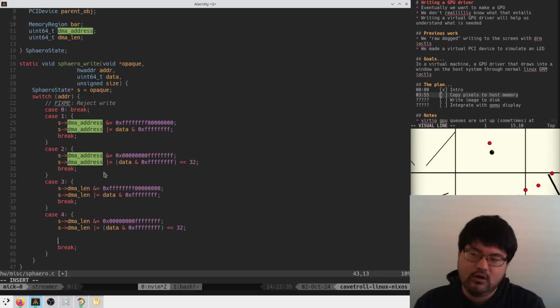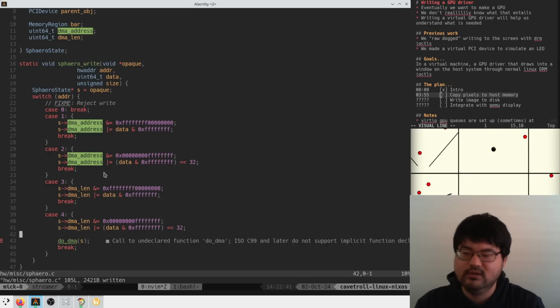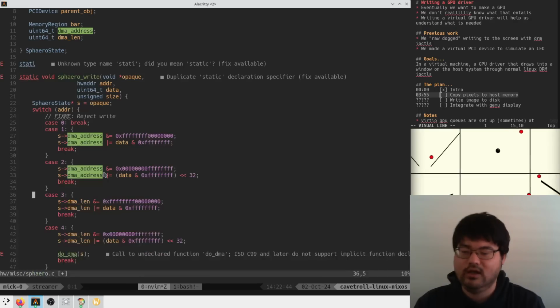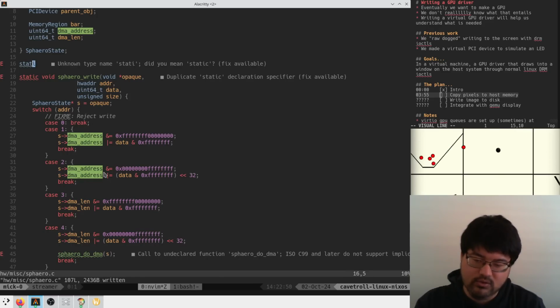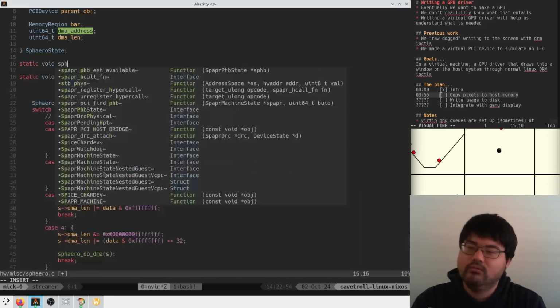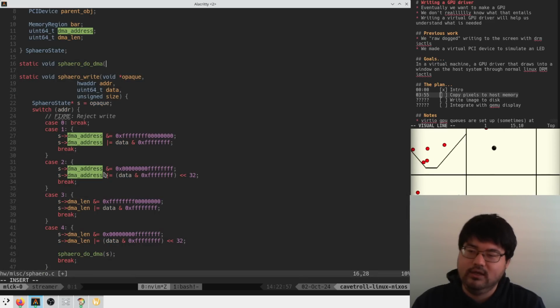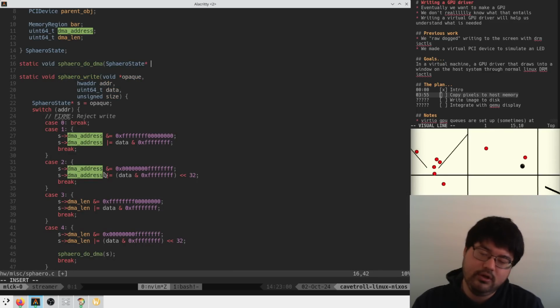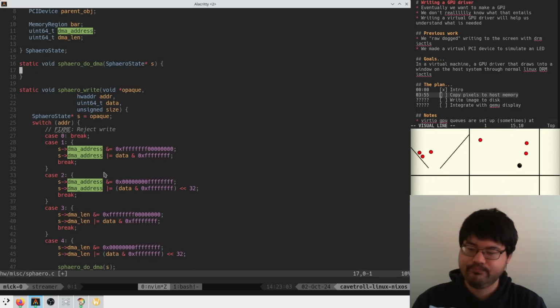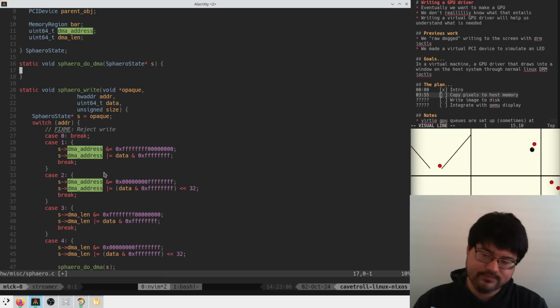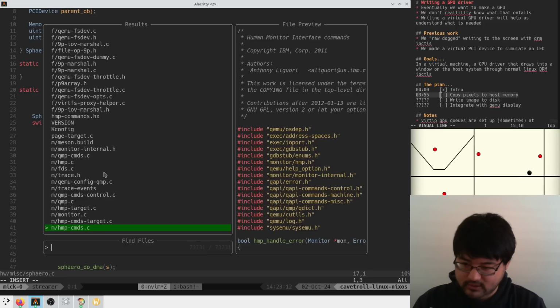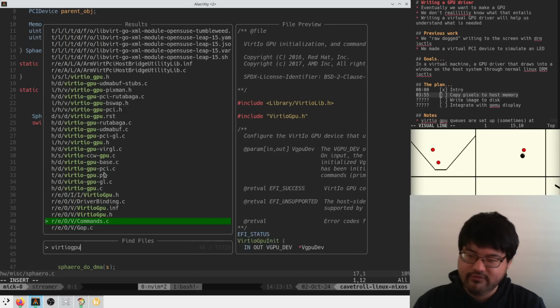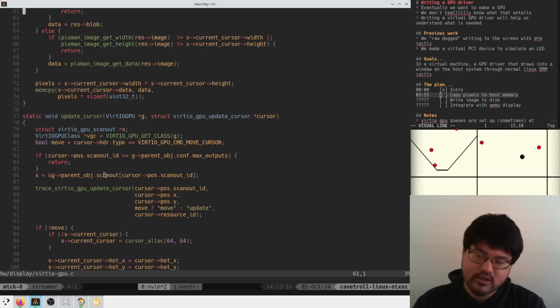So here we're going to call do DMA with S, I guess. And I guess we should call it Sphero do DMA because in this language, there's no namespacing, so you have to prefix everything with your thing. So this is going to be a Sphero state pointer as our input. And I guess we just need to look for an example of this in the QEMU code. So presumably in the virtio GPU stuff, they must at some point